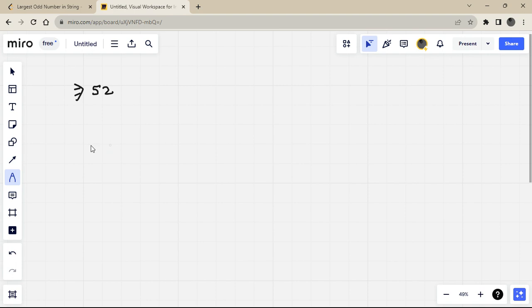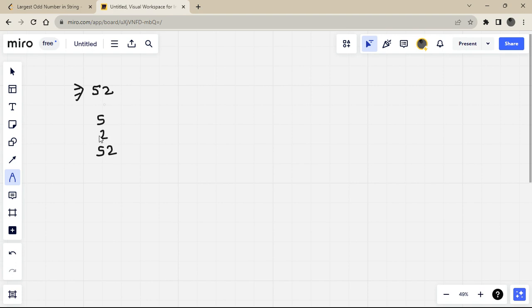So here the question wants the maximum length odd string that we can generate using this 5, 2. What substrings can we generate using this string? We can generate 5 and 2 and 52.